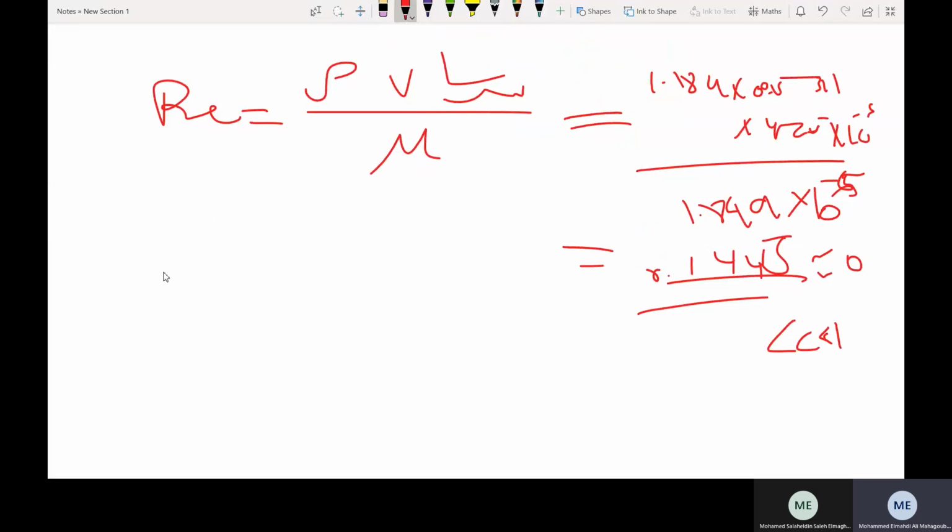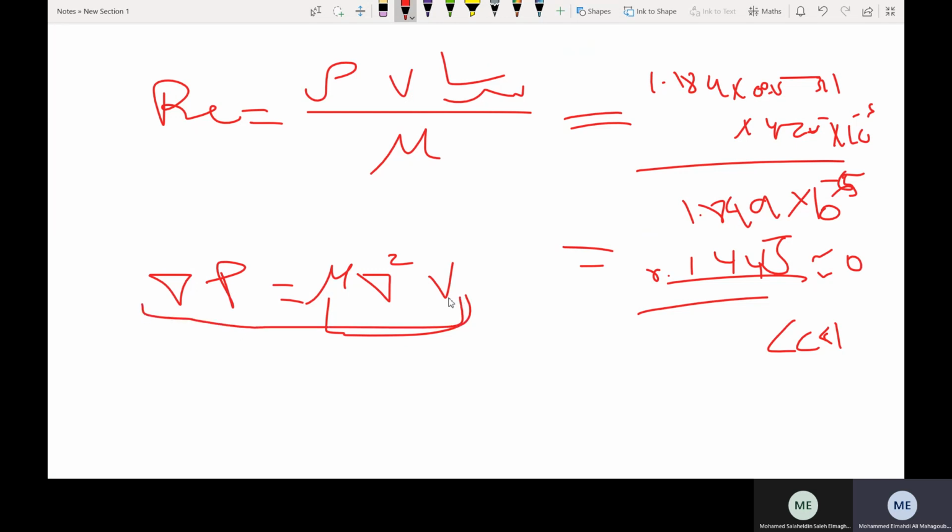flow consists of pressure terms equal to the viscosity terms. If you put it like this, we have the velocity here and the pressure gradient, which will be positive because it came from the other side. So this is a differential equation, second order here, first order here. We can solve it of course, but it is already done for us, and we now know the